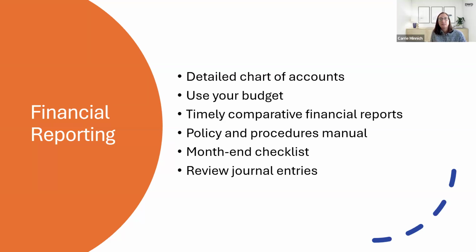Make sure there's a policy and procedures manual in place for financial reporting, for the accounting process, month-end checklist, which we kind of talked about, journal entries. So sometimes journal entries have to be made within the accounting system for non-cash items or to correct items or different reasons why, and that's perfectly fine. We expect journal entries to be made. However, when journal entries are made, we really need to make sure that we, number one, have supporting documentation as to why that journal entry was made.